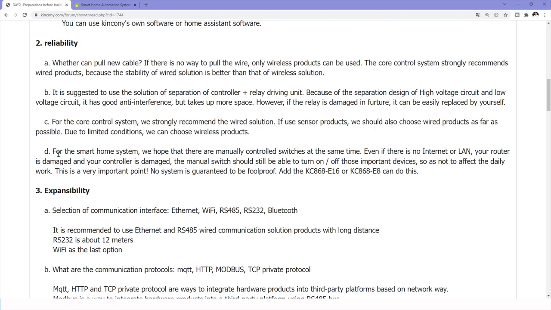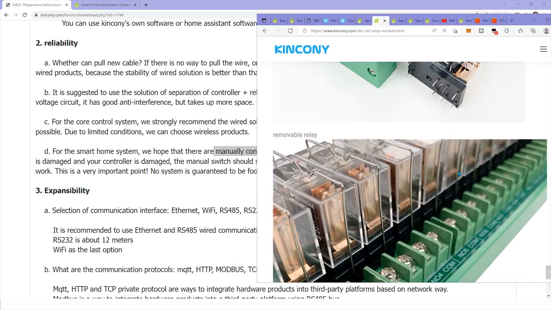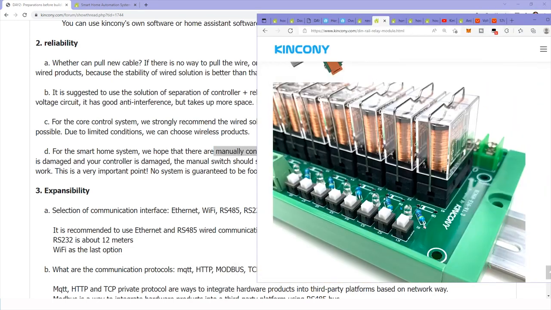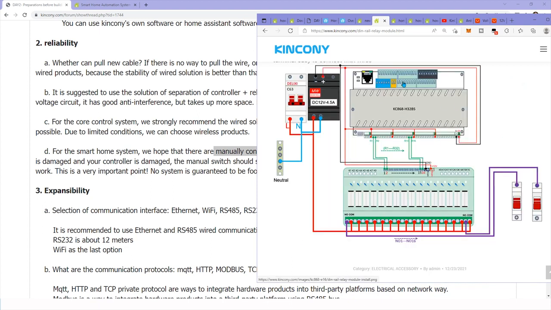And the next, for the smart home system, we hope they have a manual control switch at the same time. So you can see this is the switch button on the board. On this board, like this K1, K2, K3, K4, every key controls this relay directly. If your system is bad, like this controller is bad, you can also press this button to turn on the relay one or turn off the relay one, so that you can always control your lamp by this button